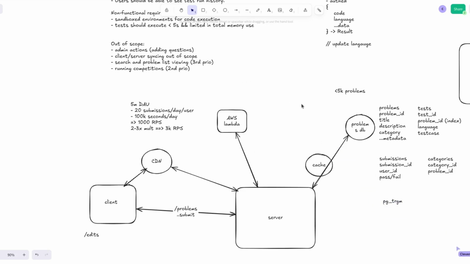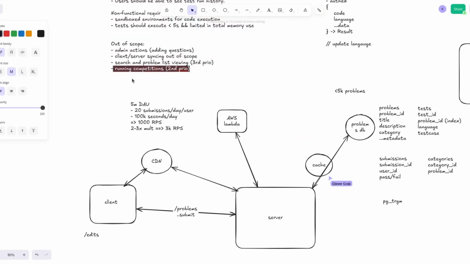Yeah, I can list some of the tech that I'm pretty sure we're going to have to run. For running competitions, I know something that people often do for leaderboards is that they're going to have some kind of sorted set in Redis, right? But that's kind of assuming that there is a leaderboard. And I feel like if I had 5 minutes, most of it would be questions about what a